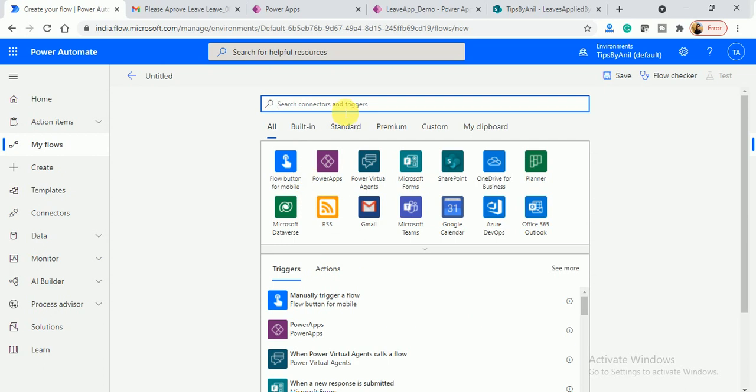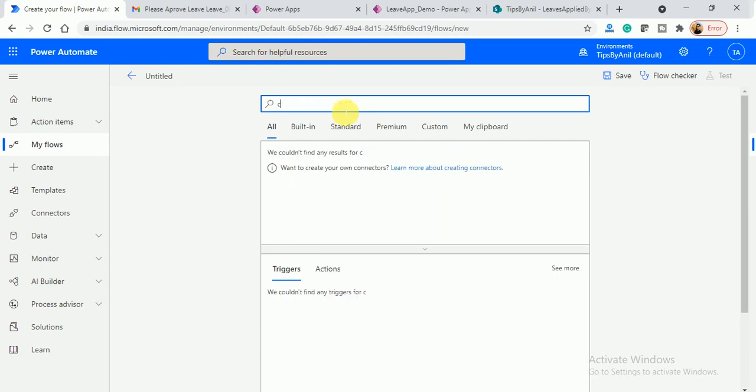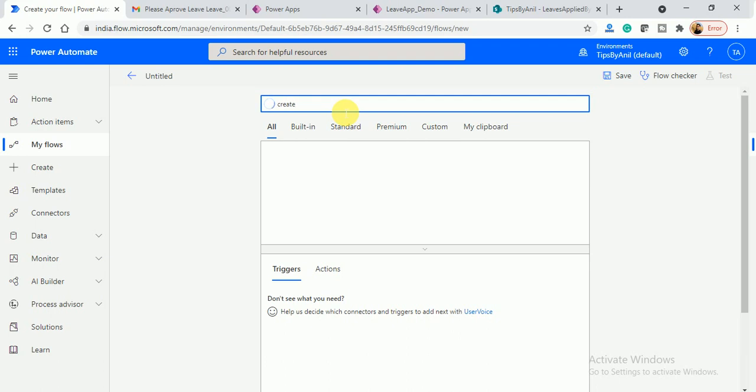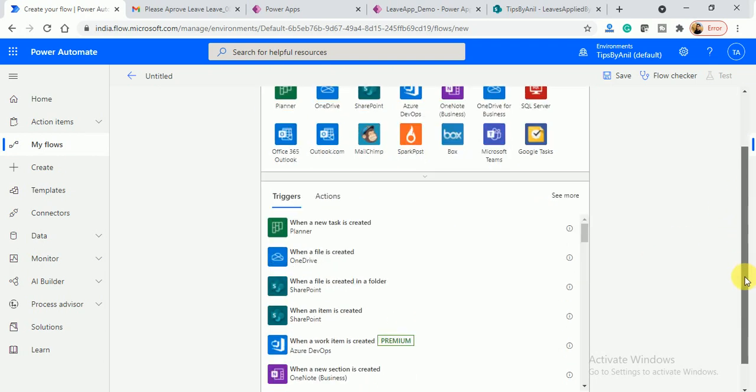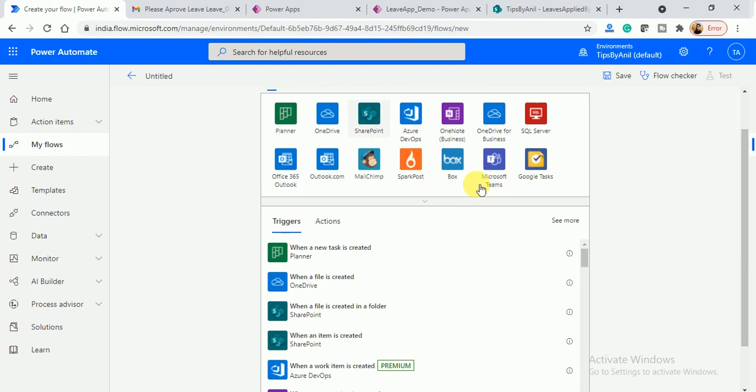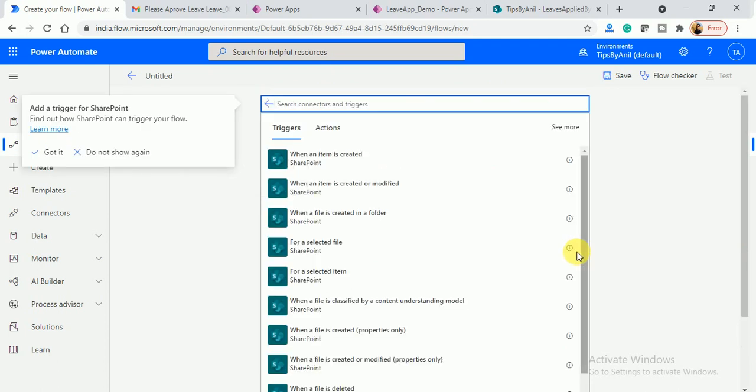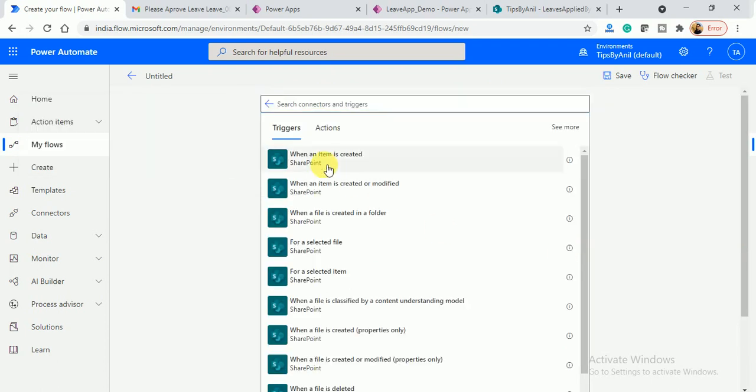Now here we will search for when an item is created in SharePoint. So I will click on SharePoint, and choose when an item is created.